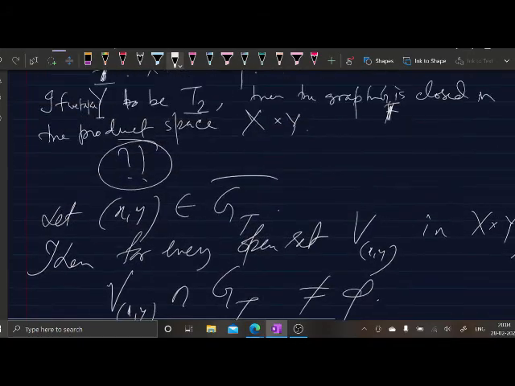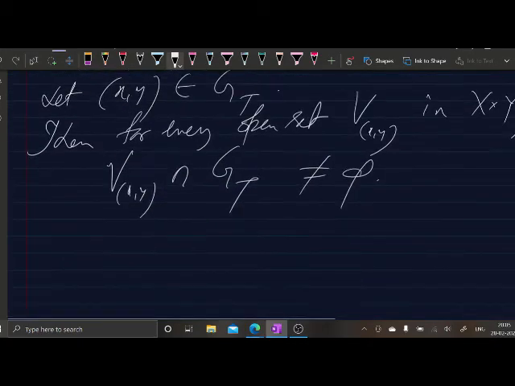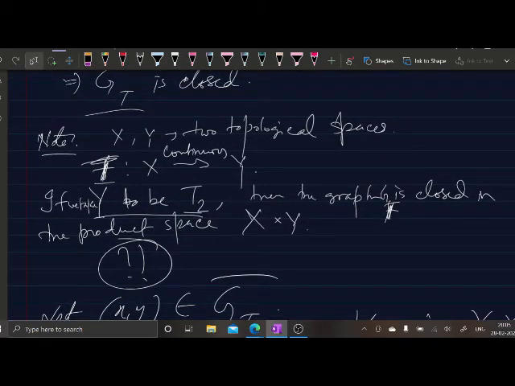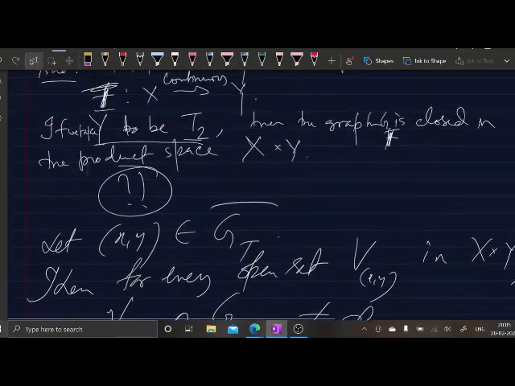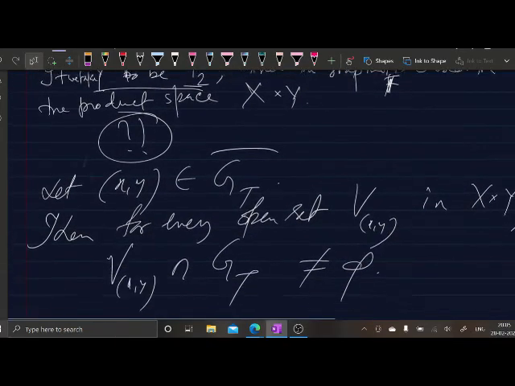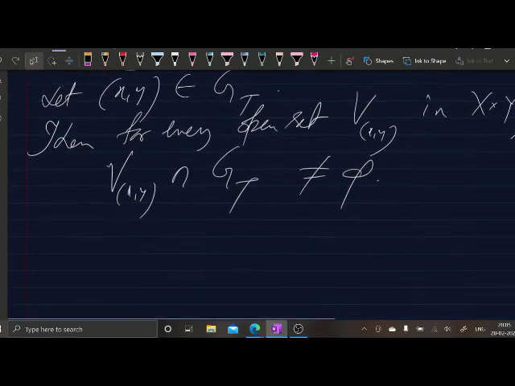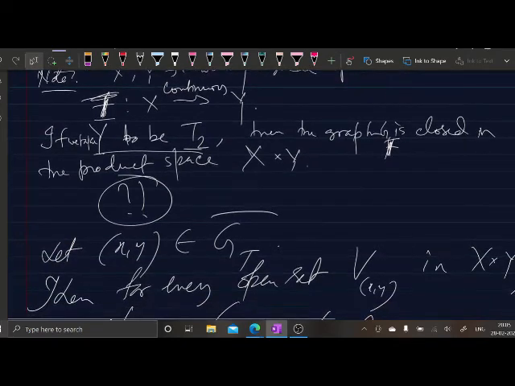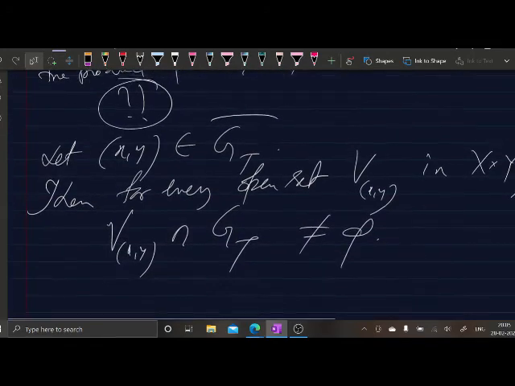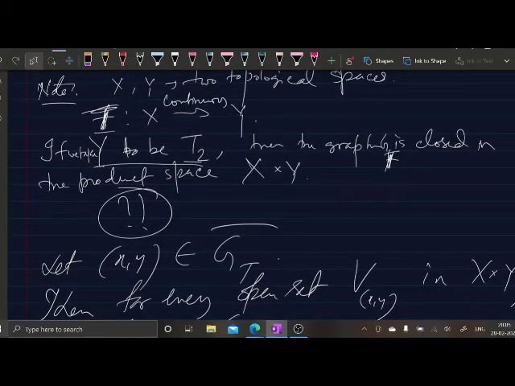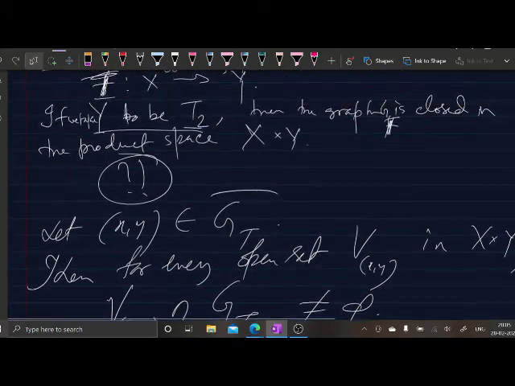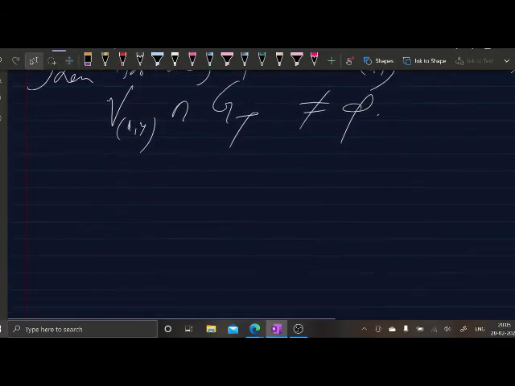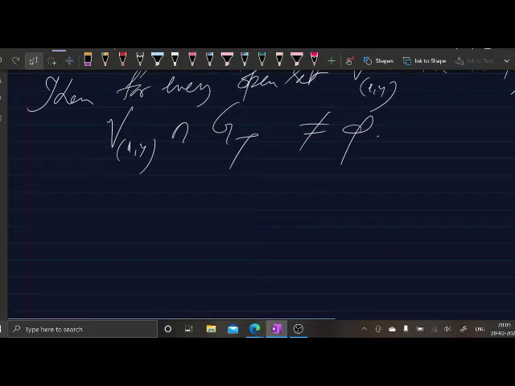Yes, now since this y is t2, so what we can do? তাহলে y টা যদি t2 হয় তাহলে সেক্ষেত্রে আমরা কি নিতে পারি বলো? তার মানে, so then